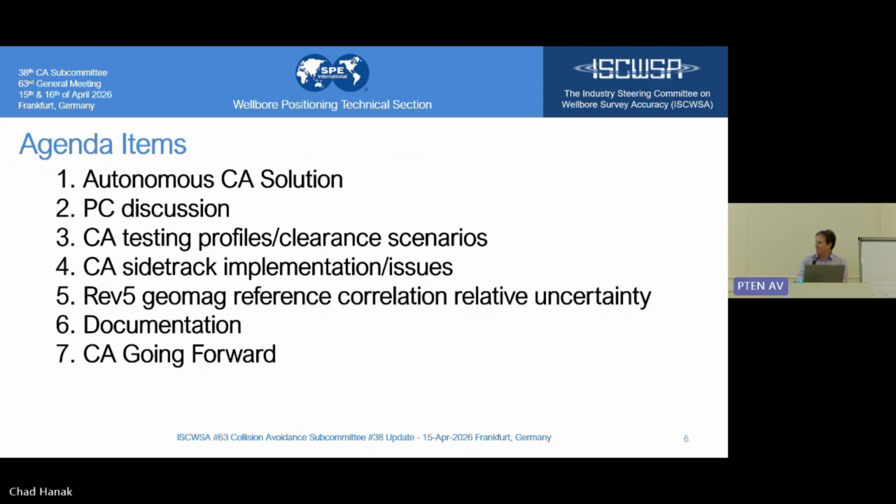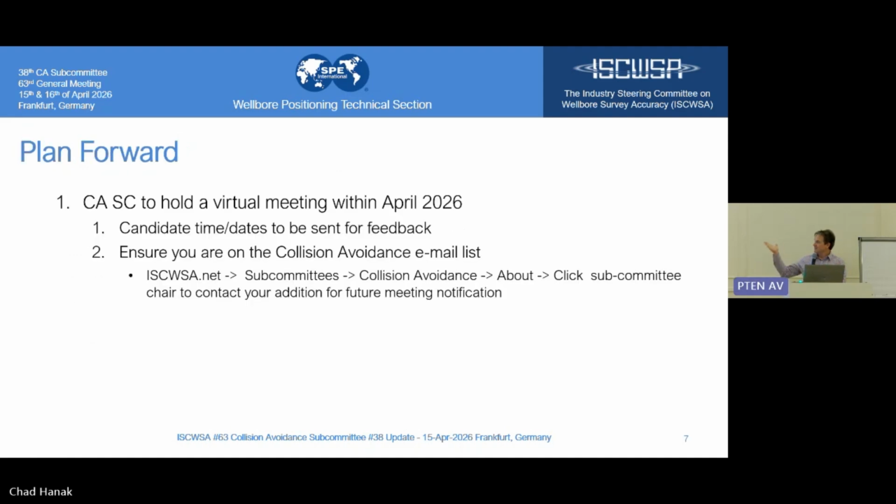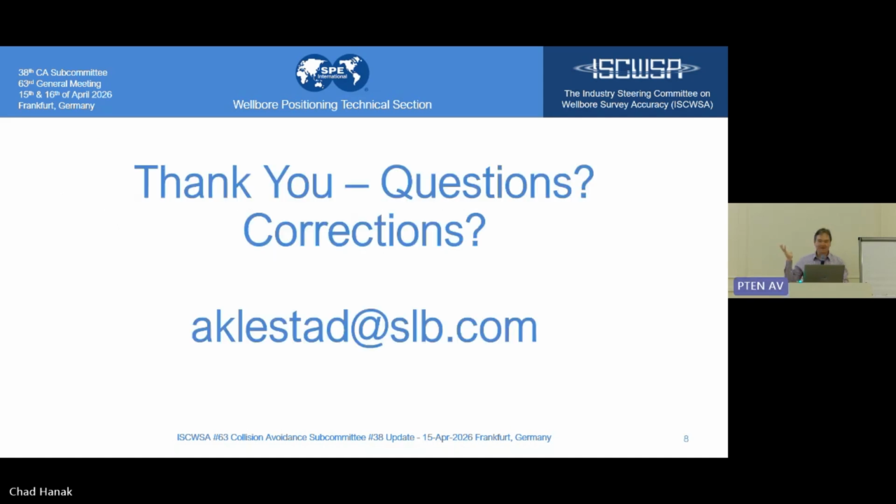These were the agenda items, and we're going to hold a virtual meeting. I normally would send out the invite to the email list of people that have been interested in collision avoidance. If you don't think you're on there, Georgi put the new form on the website that Phil showed, on how to contact. Send me a message. I'll make sure you're on the list and that you get the invite. You'll be involved in that way and find out what we do and all the details of these other items. That's it.